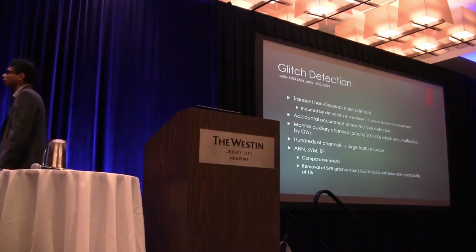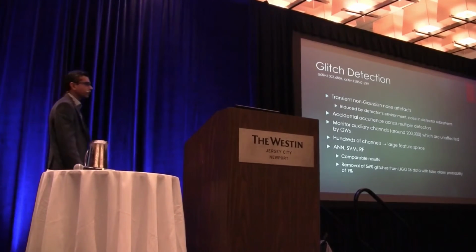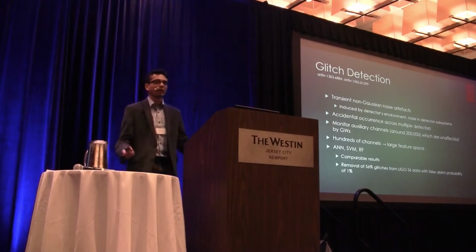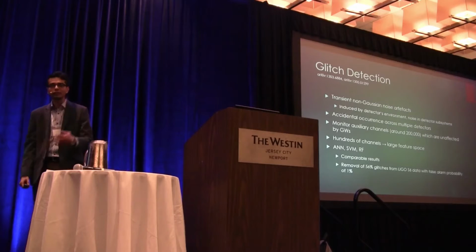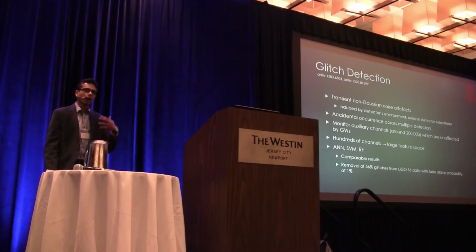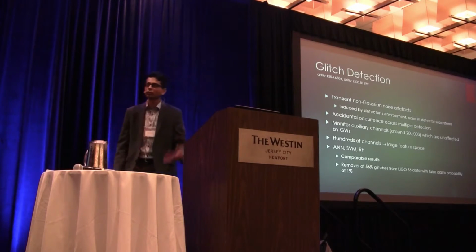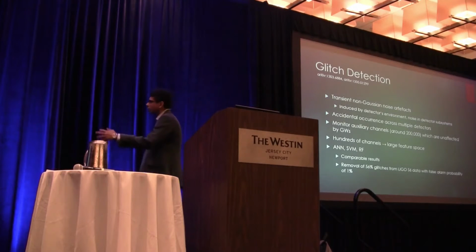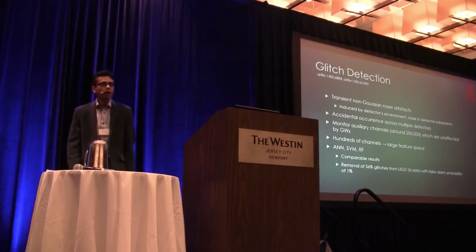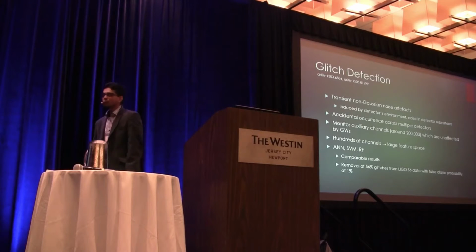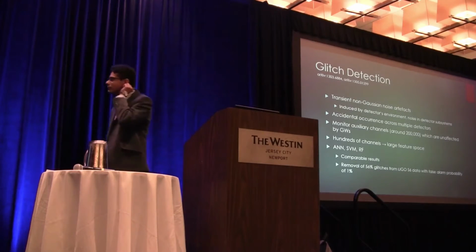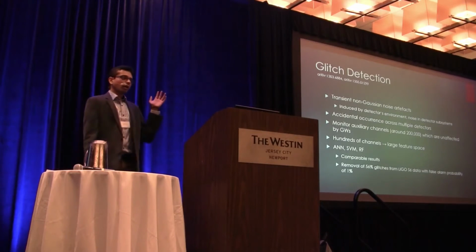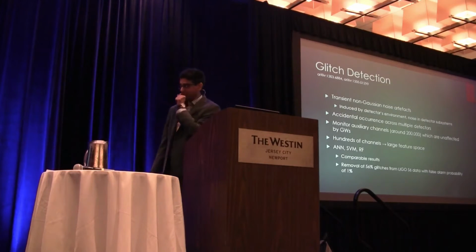So the first one I have is what's called glitch detection. One of the pains that LIGO has to go through is that Earth is a very noisy environment, right? LIGO is trying to make these precise calculations of waves, but then it gets swamped by a lot of spurious signals. You could have ocean waves, you could have earthquakes, you could have a plane flying around, you could have all kinds of things which produce signals which may look like a gravitational wave. And these are called glitches. So these are non-Gaussian transients.